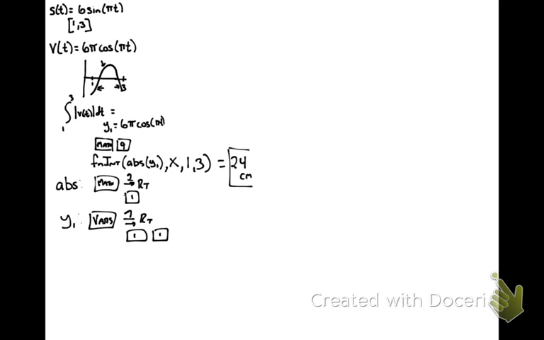And just a note, so let's say this is the kind of question that's on the AP exam, and it's the calculator section of the question, right? So it's the exact same question, and it's the calculator portion. The expectation would be that your work would say the integral from 1 to 3, and you might have the absolute value of 6 pi cosine of pi t